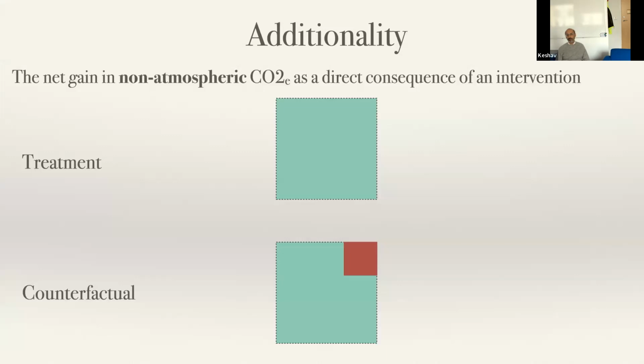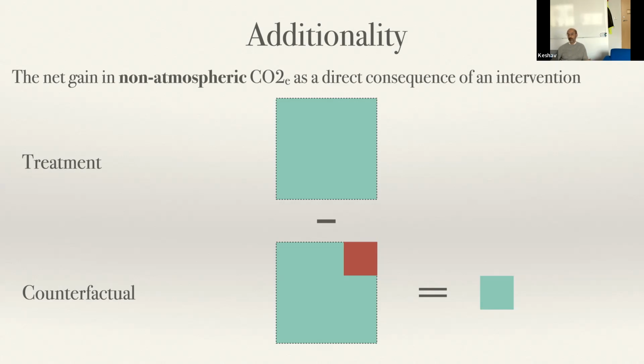And we're looking at the counterfactual, we're saying, look, in the treatment, everything is green. It's all forest. But in the counterfactual, which is a matched area, I'll come to matching in just a moment, we find that the top right corner has been deforested. So you did something right. You protected the forest, and in the counterfactual, you had this. So therefore, you subtract these two out, you got that little green. That little green thing over there is basically what you got. That's the benefit that you should get, not the whole area, but just what is over and above the counterfactual.